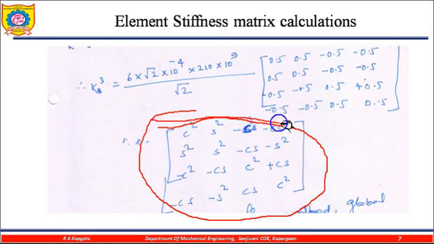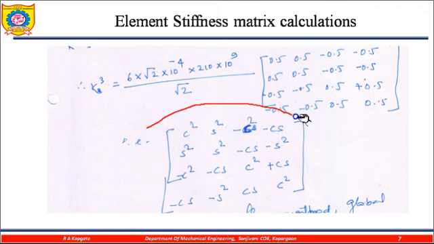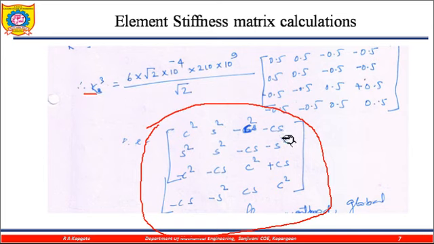For the element stiffness matrix, use this formula just to calculate K3, the element stiffness matrix. So by using this formula, you are able to get this value. Once you have found this value,